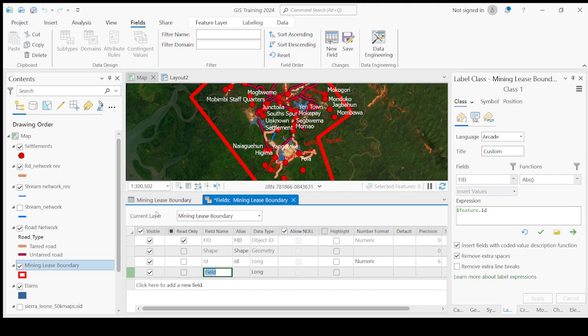Please click on add field. Once the add field is activated, you type in area underscore square kilometer, and then you hit enter on your keyboard. And then for data type, please select float,